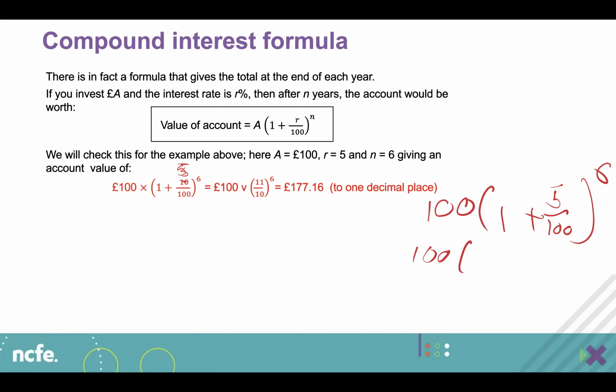So if we do it, it would become 100 times the brackets. Simplify the brackets, so it would become 105 over 100. Simplify to 21 over 20, I believe. 21 over 20 to the power of 6, which equals, if we do this in the calculator,